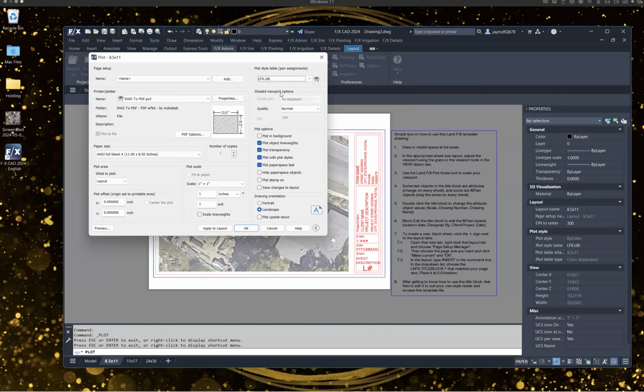But I do understand that sometimes you are working in an office that has its own standards or working for a company with its own standards, and hopefully they've gone through the trouble to set up their own CTB and you can use it. But moral of the story is any CTB files that you have created or saved should show up in this list. So when you go to print, just make sure you have that selected. And you can also get all of your settings dialed in just the way you like them, and you can click apply to layout. And then every time you open the plot dialog box again, you're not going to have to change or mess with anything. It's going to remember those settings.